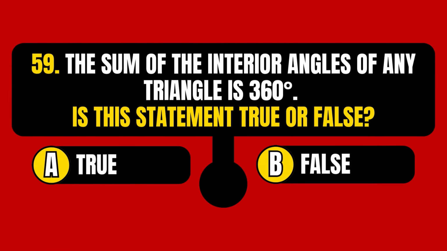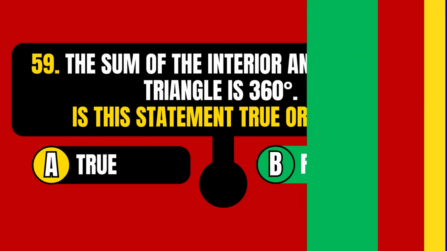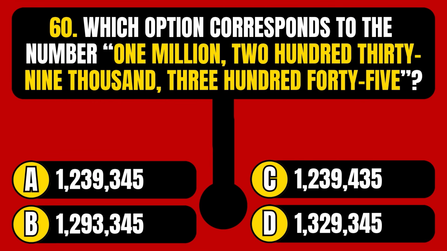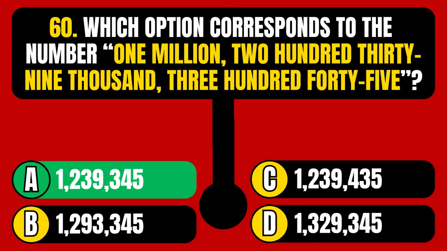The sum of the interior angles of any triangle is 360 degrees. Is this statement true or false? The statement is false. Which option corresponds to the number 1,239,345? Option A, option B, option C, or option D? The correct answer is option A,